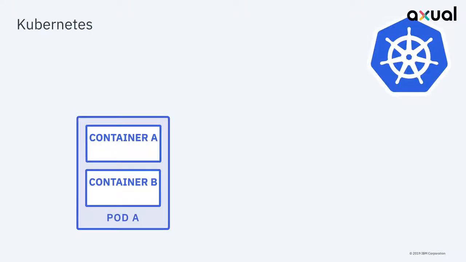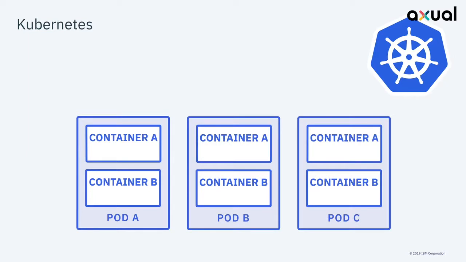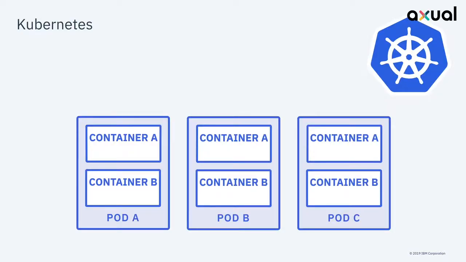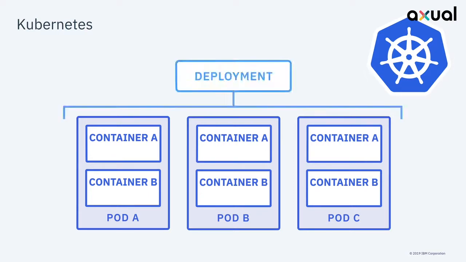Some general terms, just so that we're all on the same page. We've got a pod with some containers. And you could have more than one container in a pod. Generally, you just have one. And then to scale out, you create multiple pods that are exactly the same. So here we have 3. And the first term that people tend to come across for how to manage these pods is called a deployment.